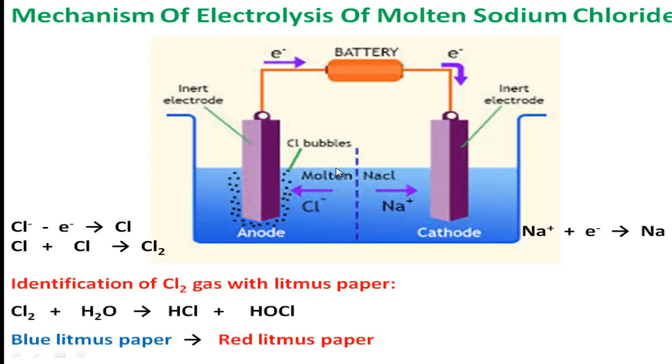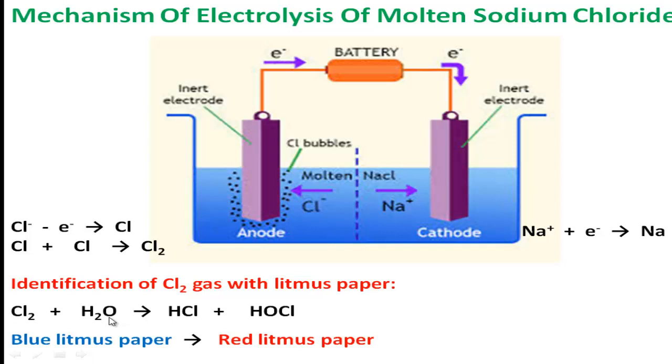Now, another thing: how can you prove the presence of chlorine gas? We can easily identify chlorine gas with litmus paper. If we hold wet blue litmus paper to the mouth of the anode, it will turn into red litmus paper. Why? Because we know that acid turns blue litmus paper red, and wet litmus paper